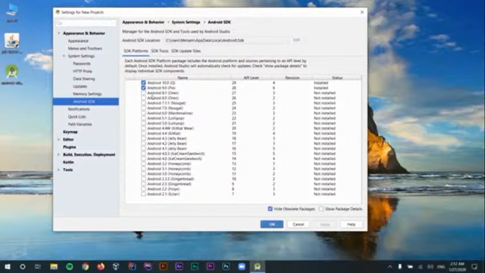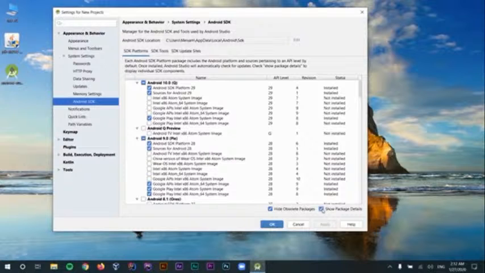First of all, let's check this Show Package Details in order to see the package details for every SDK. By the time I'm recording this video, the latest version of Android is Android 10 or API level 29 to be precise. I suggest that you always install the latest version. But sometimes there might be some preview versions in here. I don't suggest installing those because those can be buggy and those are not yet released on a stable